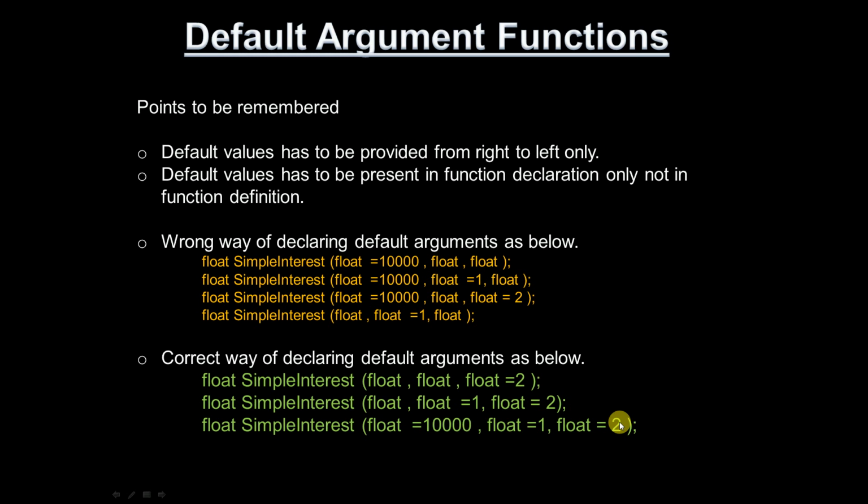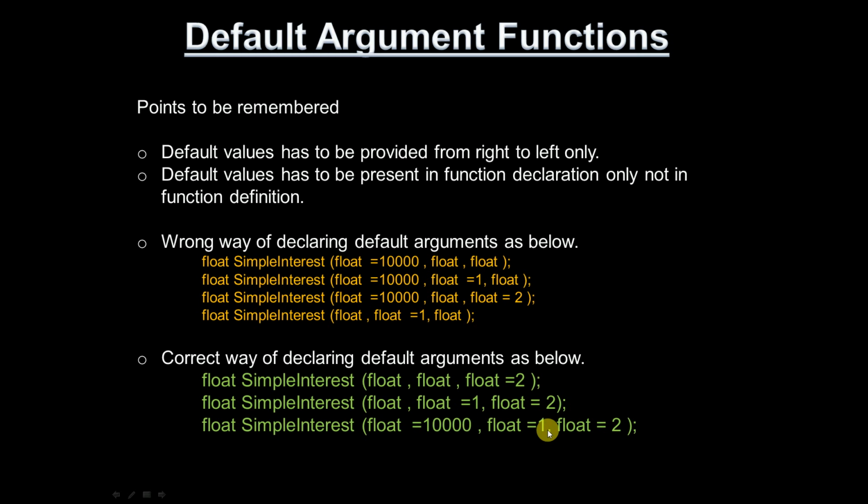When some people come with the option of a fixed interest rate, and some people go with the option of a floating interest rate, then for the fixed rate I need not pass the last argument, the rate of interest. I will pass only the principal amount and time period. Then it will be calculated. It will take whatever fixed value you have provided in the argument and calculate. If the interest is also changing, then you can provide a third argument also. So like this, you can practically use it.